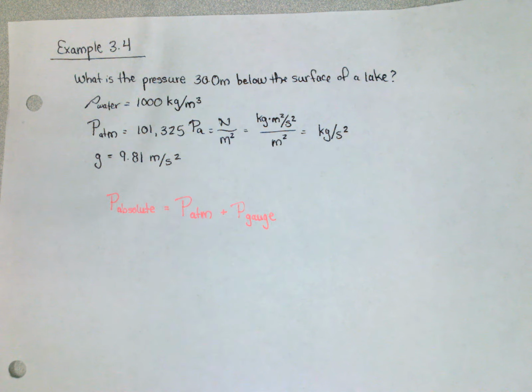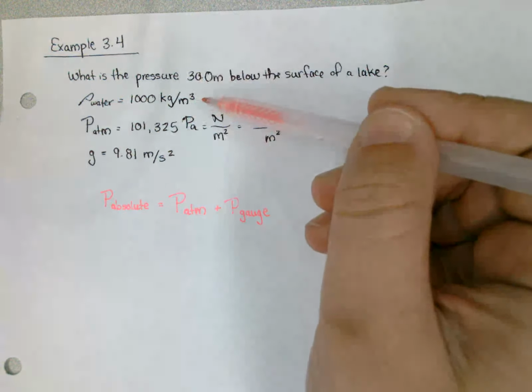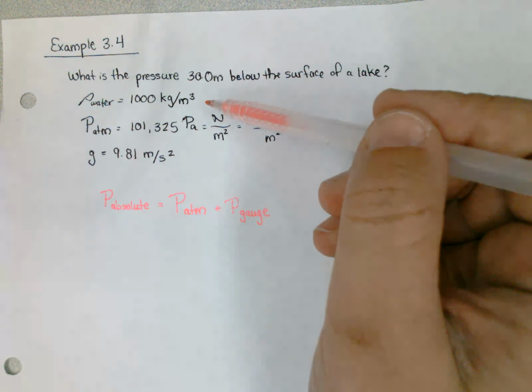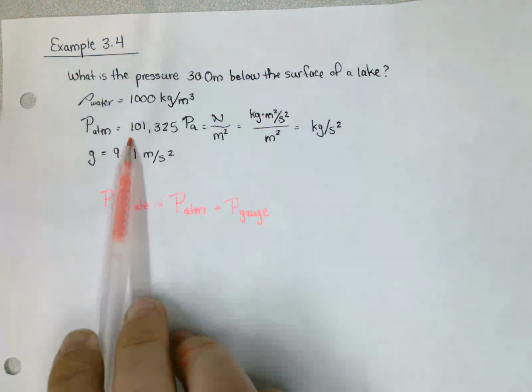All right, let's talk through the solution for example 3.4. So we want to know what's the pressure 30 meters below the surface of a lake. And we're given that the density of water is equal to 1,000 kilograms per meter cubed, and that the atmospheric pressure is